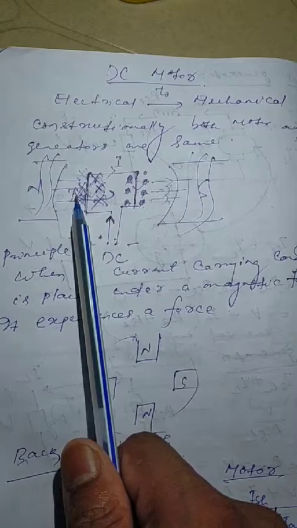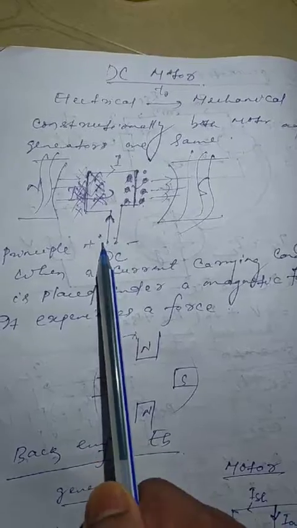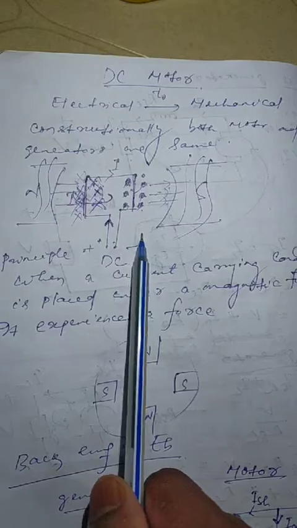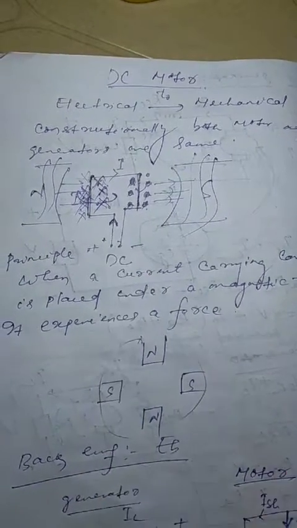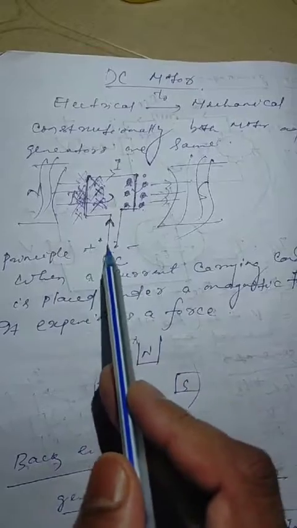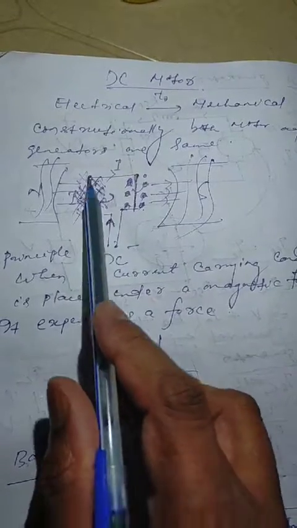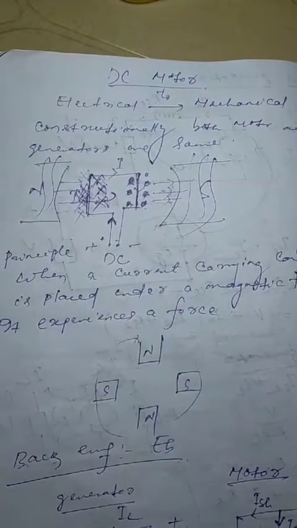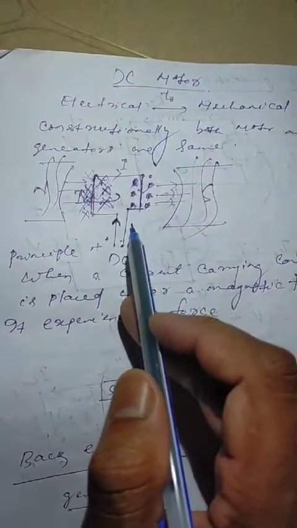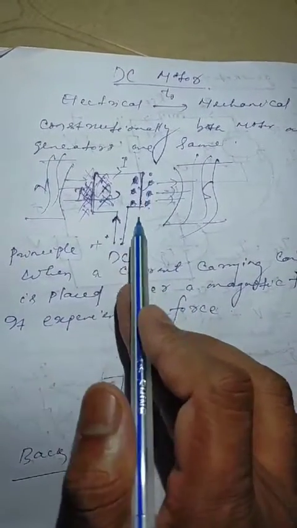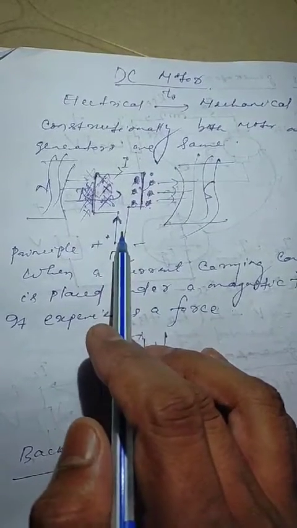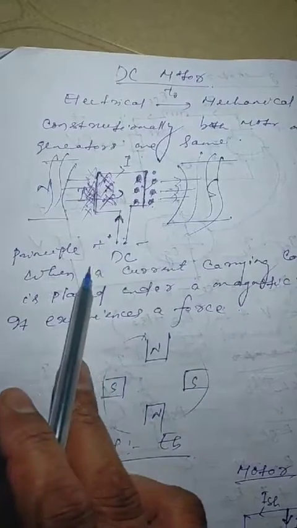And here what happens, we have to give the electrical input. So where will we be giving the electrical input? The place where in the generator we get the electrical output, at that place we will be giving the electrical input. So whenever I give the electrical input to this particular armature conductor, the conductors are now current carrying conductors. Once the supply is given, this conductor becomes a current carrying conductor. Actually, the principle of DC motor is like that.